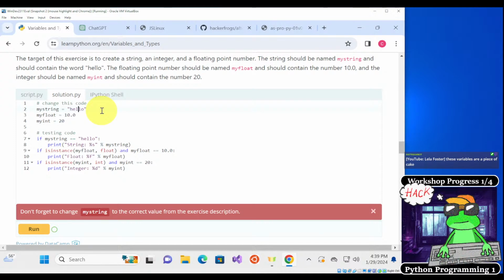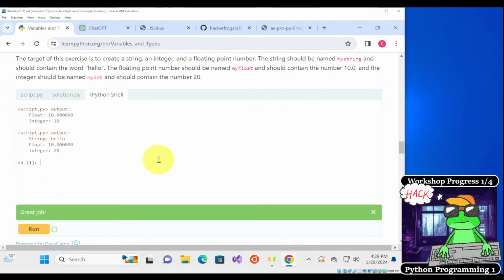My string has to be equal to hello. Okay, sorry, I did that wrong. It has to say hello. Okay, and then run it, and then that's it.